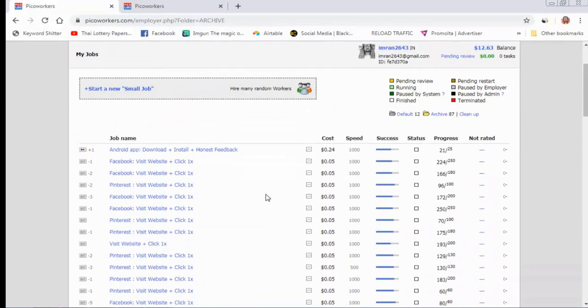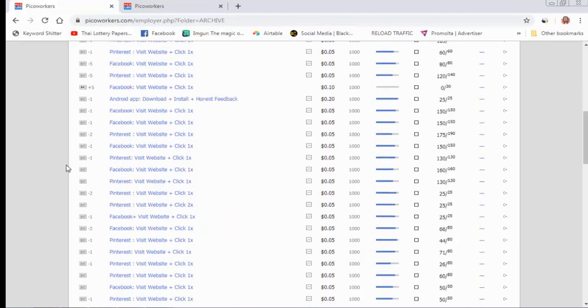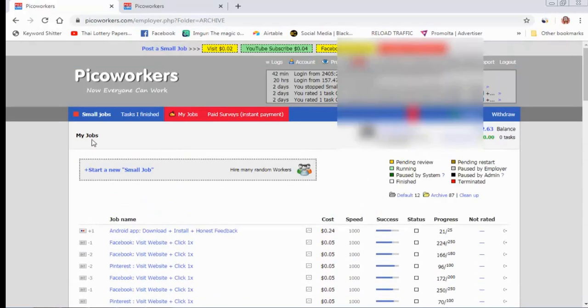But what I was doing before, for example, I ran one campaign for 200 people for 200 clicks. When my campaign completed, I added new people to the existing campaign. I don't run the same campaign again, because I always need new people going to my website and clicking on the Google AdSense ad. So this is the powerful strategy. Here you can get daily new clicks from daily new IP addresses.